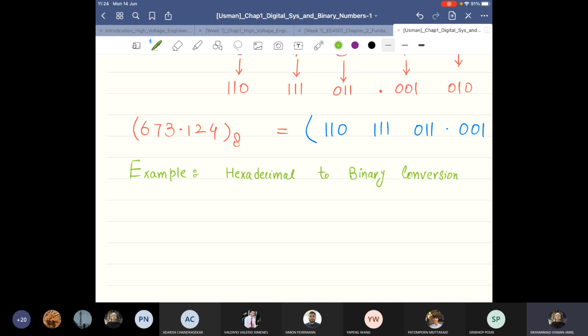So let's suppose we have a number 306.D, which is in base 16. It is equal to how much in binary?